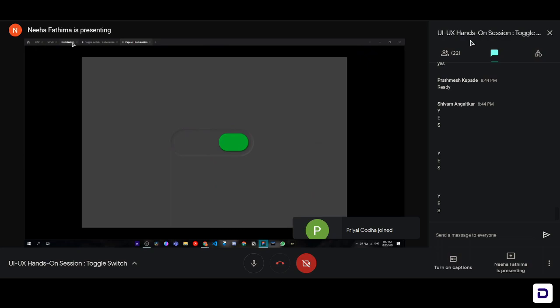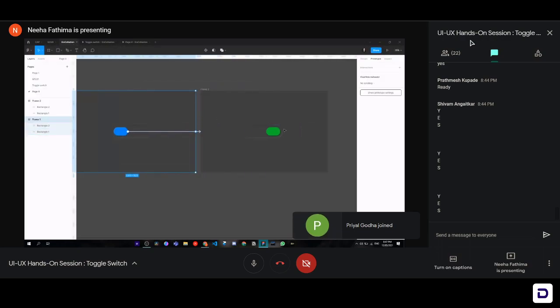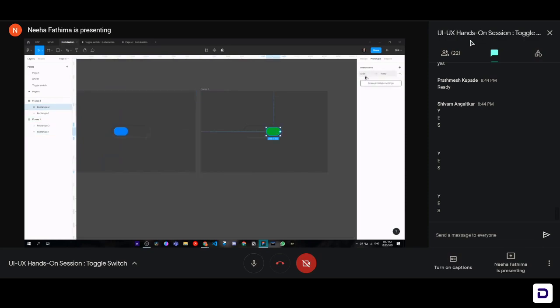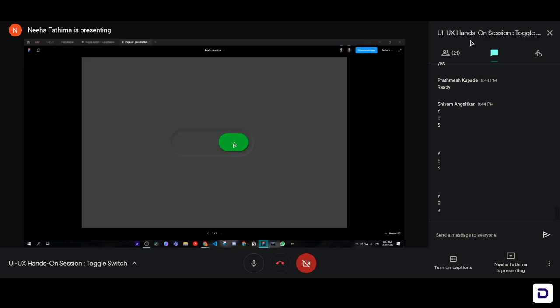So to achieve that, we will go back to our second frame and we will click on this little button, add our interaction, and we will do the same thing that we did with the blue little button. So on click, navigate to our frame 1. You can either do that or you can actually go to on click and back. If you go on click and back, it'll take you back to the first frame. So let's play that and see. Okay, so when I click on this, it takes me back to the first frame. It takes me back to the blue toggle switch.